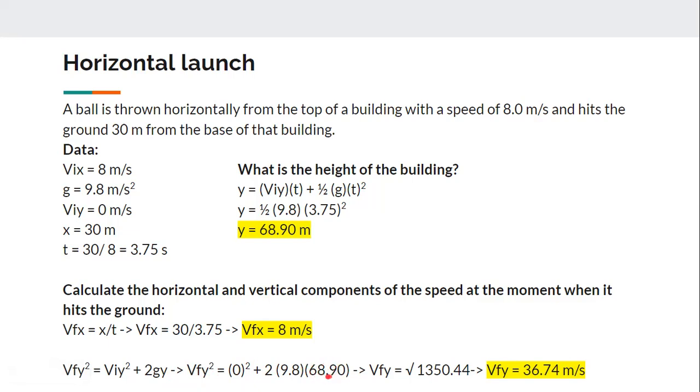We get this number from the previous formula. We use the calculator to get the number, which will be 1350.44, but we still have the square in the final velocity of y, so we just get the square root, and we get the final velocity of y equals